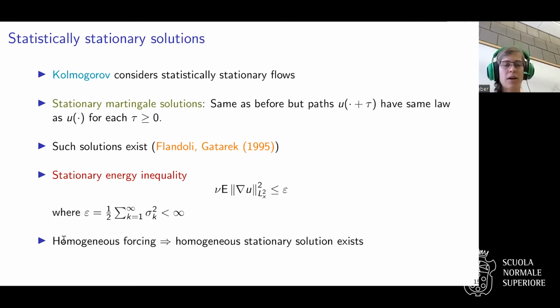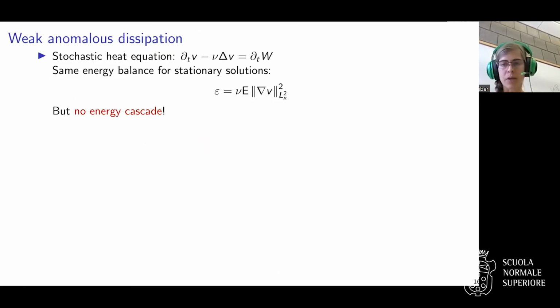In addition, if you have homogeneous forcing, one can show there are also homogeneous stationary solutions on the torus. I think that was done by Romito. But instead, you can also take spatial averages, so that's basically equivalent. Now let's go to the condition that I mentioned that we will need.